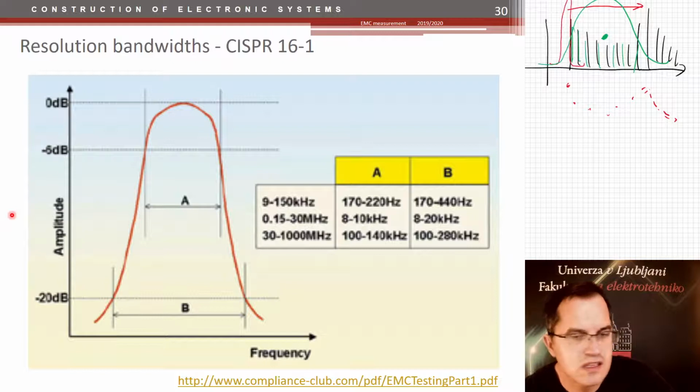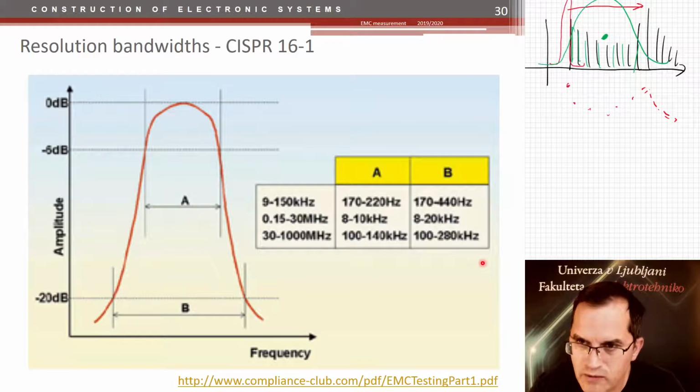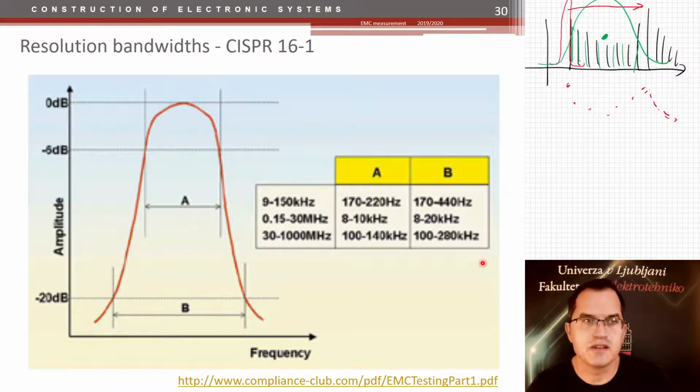So using the correct filter is important, because otherwise your measurement will be completely wrong. And the spectrum analyzer that you are using should have this filter embedded. If not, then you cannot measure EMC. And the EMI receiver, of course, has all that. What else? The next thing that is important is also